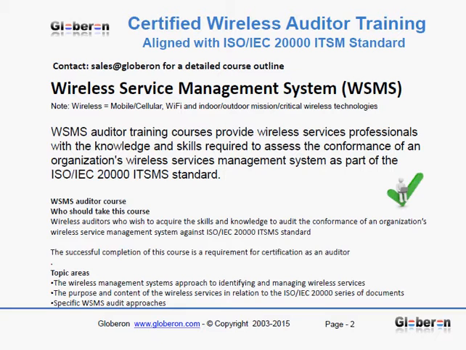So wireless covers mobile, cellular, Wi-Fi and proprietary installations, which can be done indoor or outdoor. But typically organizations are now relying on wireless technologies, so they become business critical and sometimes mission critical. So these implementations and deployments need to be audited to see if they follow a certain design standard and a security standard as well. So that's where the ISO 20000 and also the 27000 standard comes into the picture.